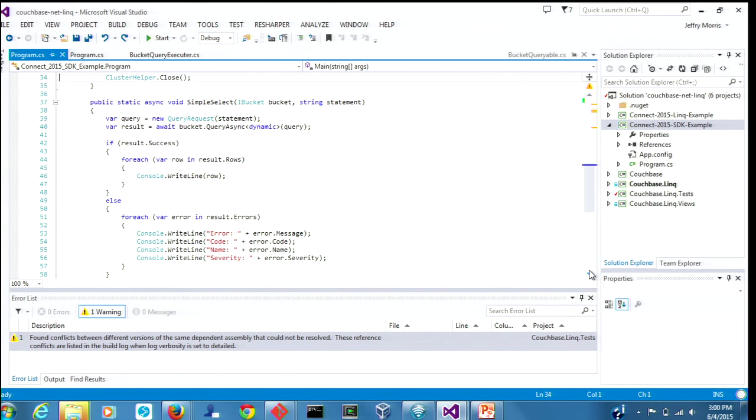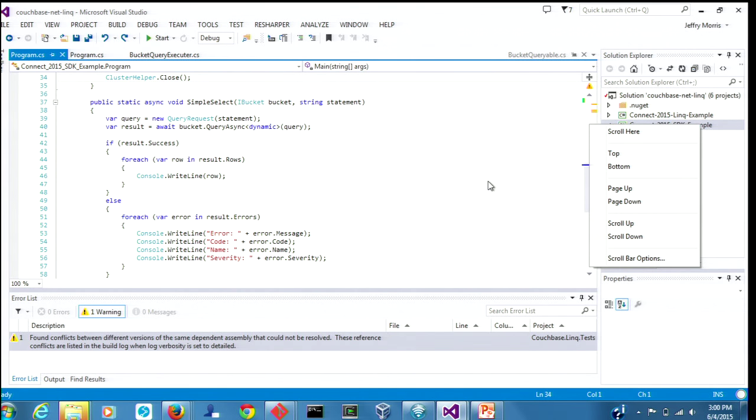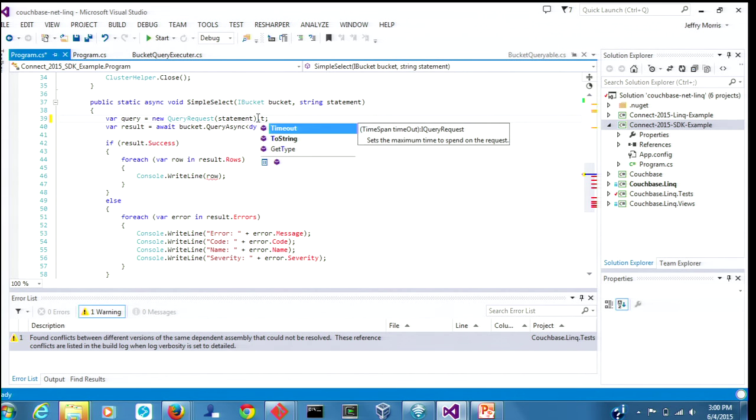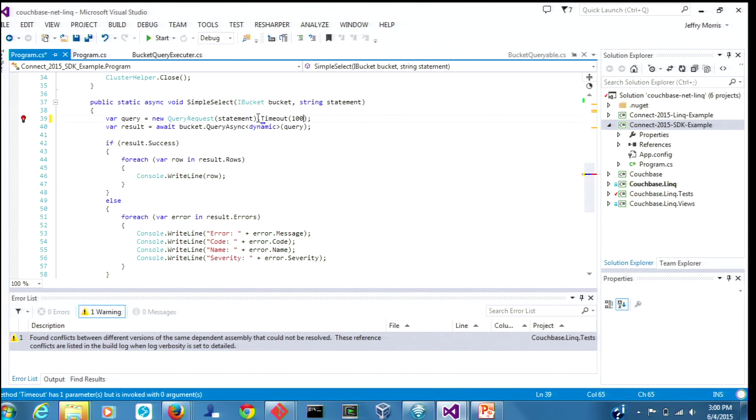If you're using N1QL with the SDK, there's this concept of a query request. The query request is a wrapper around the N1QL REST API. What it does is it takes a statement. It also allows you to chain together any number of options that are available through the SDK itself, so that you can change your statement. So if you needed to change the timeout, let's just say you have a long-running query, you set the timeout, and